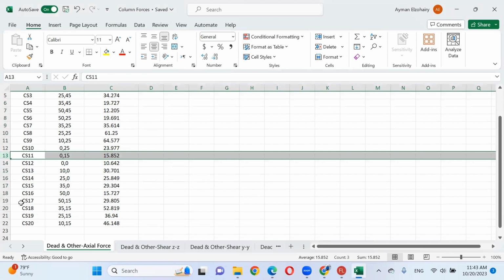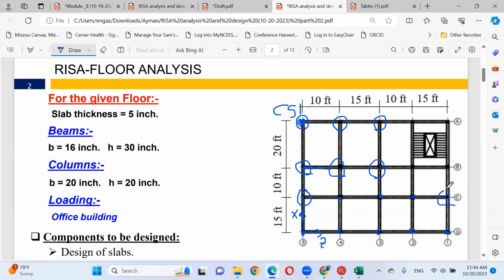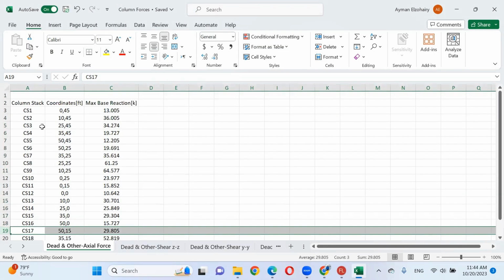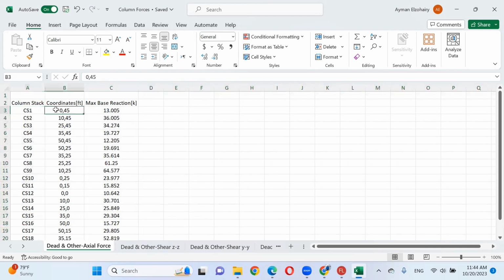Another example, column CS17, number 17, at which one? 50, 15. 50 in horizontal direction, 15 in the vertical direction. So this is the one. That makes sense? So I kept the 3 important pieces of information: the name of the column, where is this column, and what is the total reaction on this column.